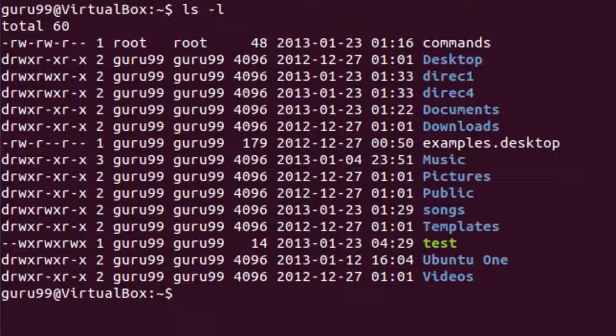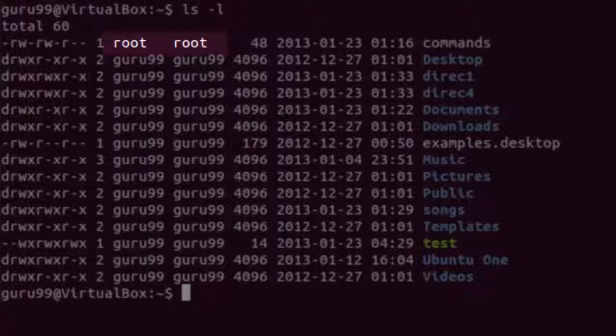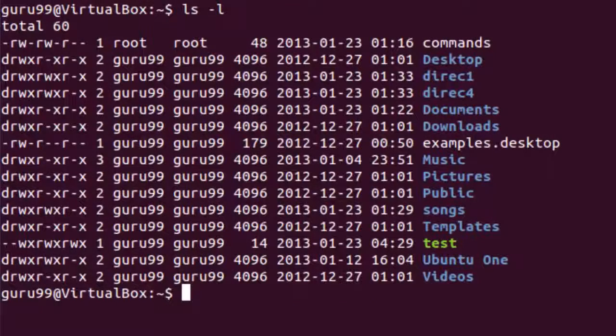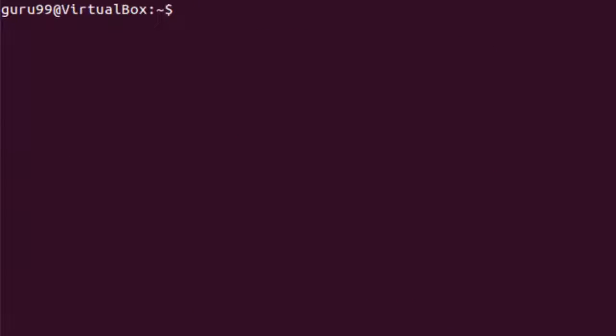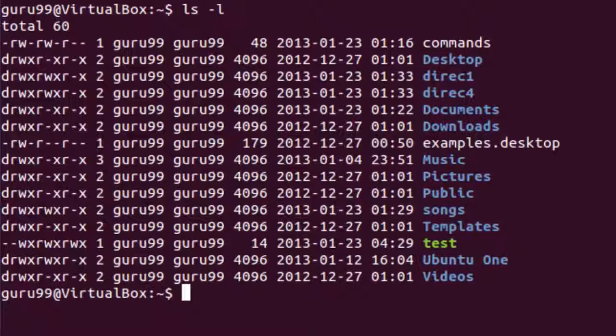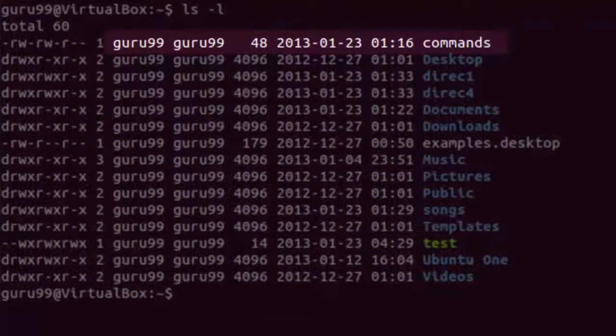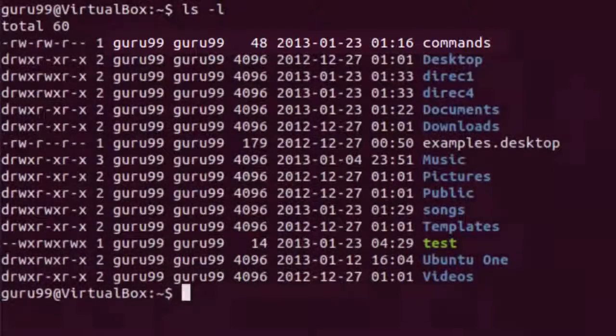Now let us try changing the user and group ownership of the same file. Right now, the owner of the file is root and the user group of the file is also root. We would change it to Guru99. For this, we would need to run the command sudo chown, the owner name, then the group name, and then the name of the file. Let us see the changes in the user and group ownership. As you can see here, the commands file is now owned by Guru99 and it also belongs to the same